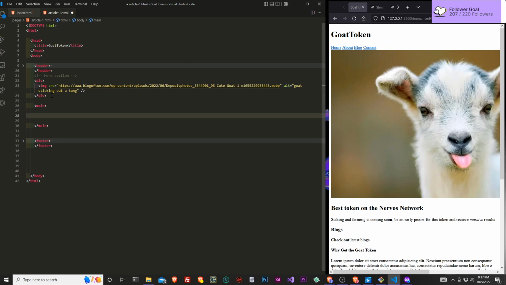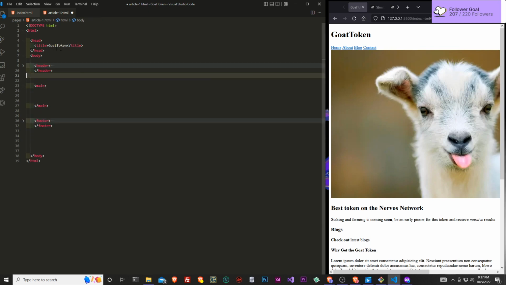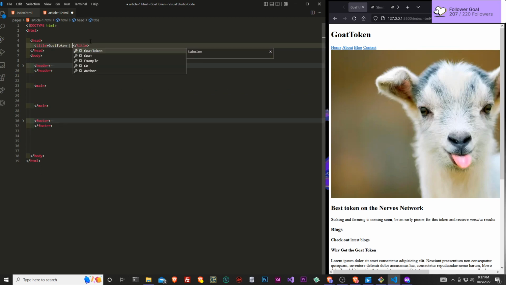And let's get rid of this hero, and let's change the title to, we can just add in the little brackets and say why get the GOAT token, basically signifying that we are linking to our article.